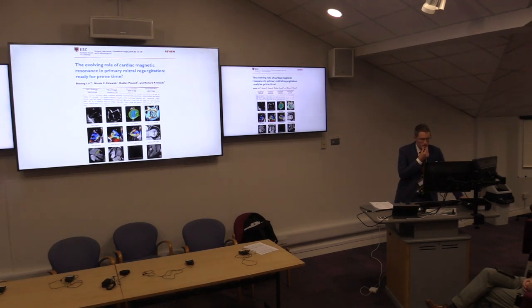So I've shown you some TOE, but I think it's worth highlighting that there is also a role of CMR, partly because this comes from Birmingham group as well. I think it's nice to show you. And there is increasing traction amongst imagers that actually mitral regurgitation can be pretty well quantified on MRI as well as on echo. And when is it useful? Well, like I've touched upon, I think if there's discrepancy between clinical presentation and your echo,